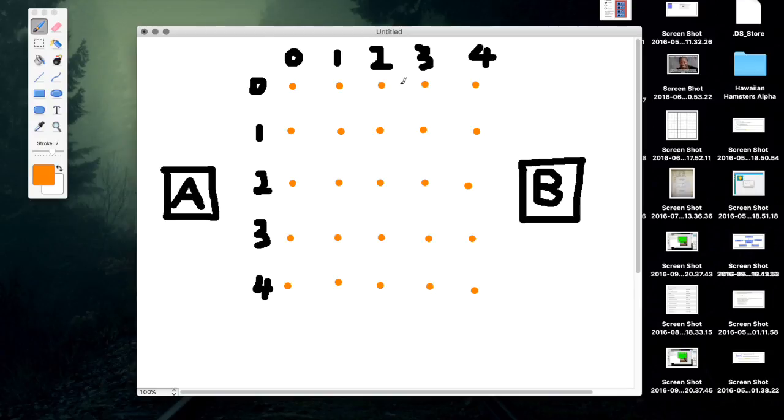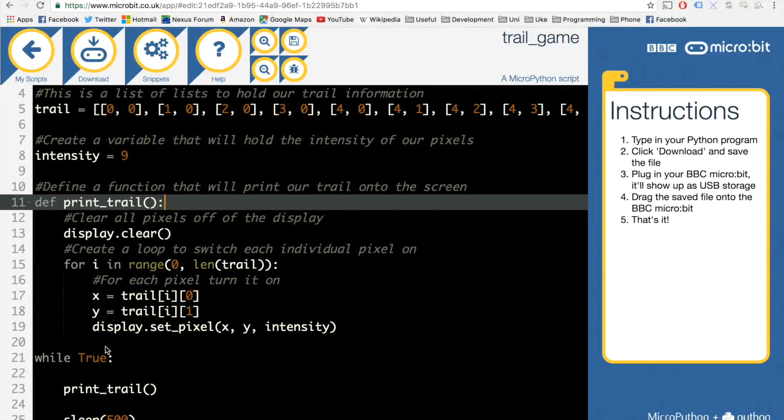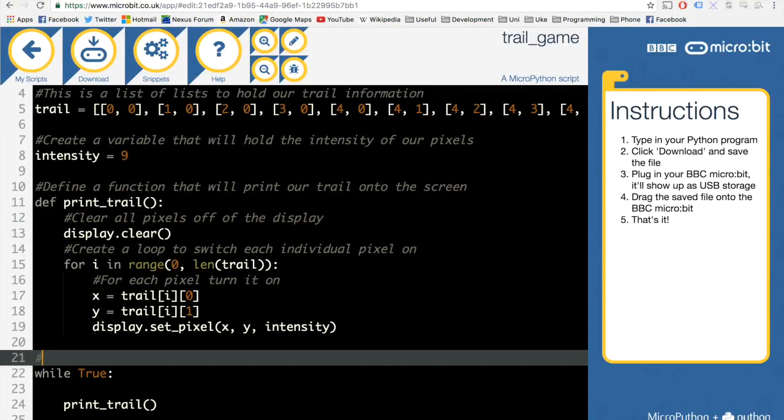There we are. So that's what we're going to be doing this time. We're going to be writing an algorithm which allows us to create a new trail. So the first thing I'm going to do is comment this bit of code because I didn't do it last time. So let's say create the game loop,